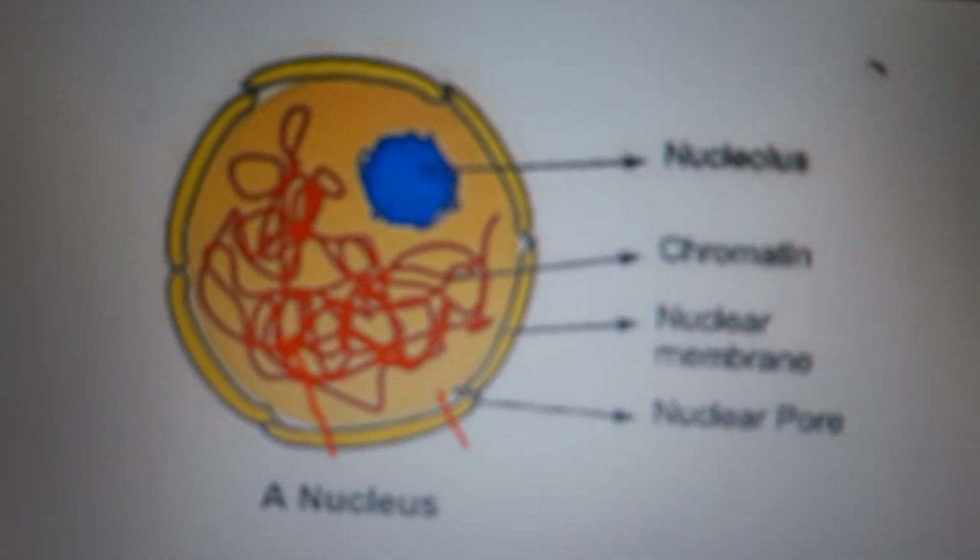Yeah, you have the nucleus over here. See? Now this is important. You have the nucleolus over here, the chromatin, which consists of the chromosome. You have the genes over there, and then you have the nuclear membrane, which is just like the cell membrane. You also have a nuclear membrane over here, and the nuclear pore. Okay, pore is not needed for you. These three are only required. Okay. Next,